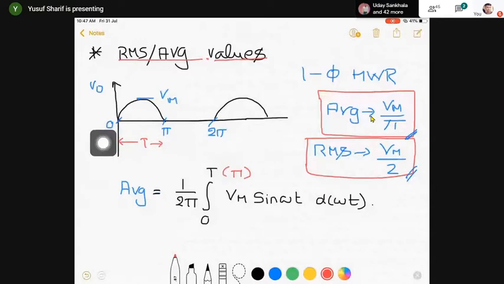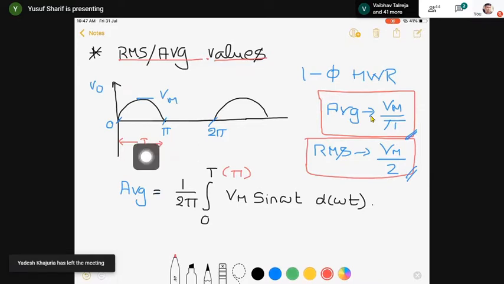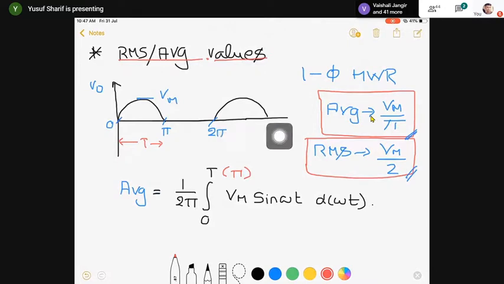So after the time period, what should happen? Again, the waveform should start. Is it starting after time pi? It is not starting. So what is the time period? Where does your waveform go from and to? Your one cycle is starting from 0 to 2 pi, and after 2 pi, again the cycle will start. Is that clear? So the time taken to complete one cycle is not pi over here, it is 2 pi.